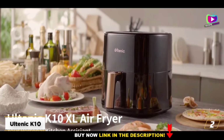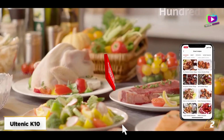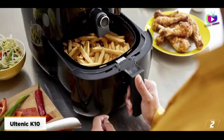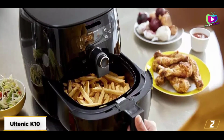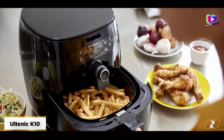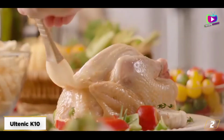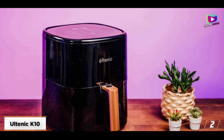At number 2, Ultenic K10, best entry-level air fryer. If you're yet to ever own an air fryer, a little nervous to try out new appliances or are conscious about spending money, the Ultenic K10 is a good one to consider. During our review, we couldn't fault the food we cooked in it. With features such as keep warm, automatic preheat, as well as a reminder to shake foods, there's certainly nothing lacking